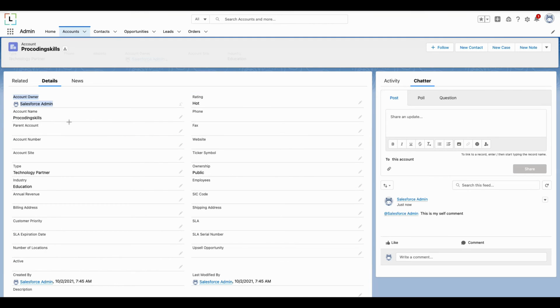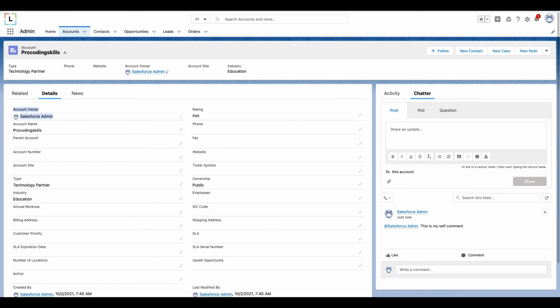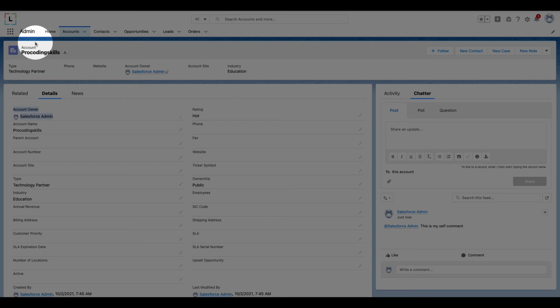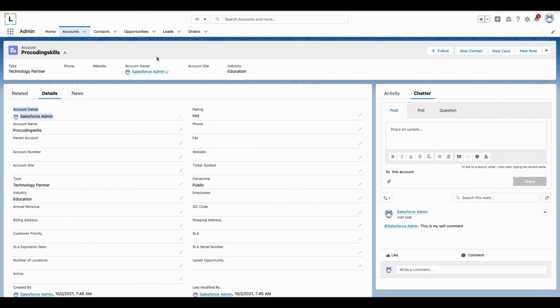For now, we really don't need to do all this in this example. So let's focus again on the sections you are seeing: this is called the highlights panel, and this is your related list, your details, and activity chatter. Every field can be reordered and restructured. For example, if I want rating, fax, phone, website, tracking number, and ownership to go at the top, all I need to do is go to the page layouts. I can customize it through page layouts, but we can see that in later sessions.